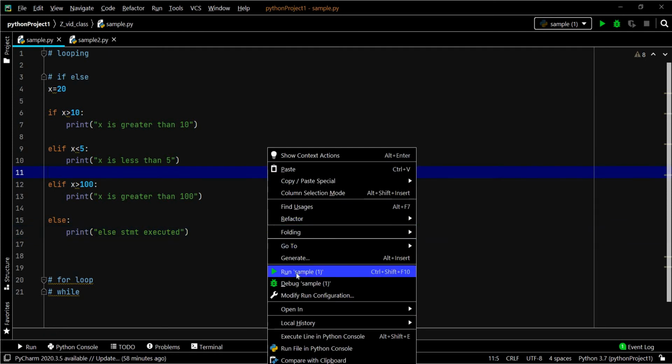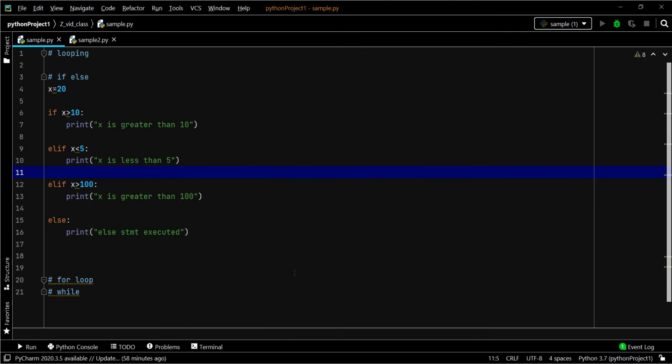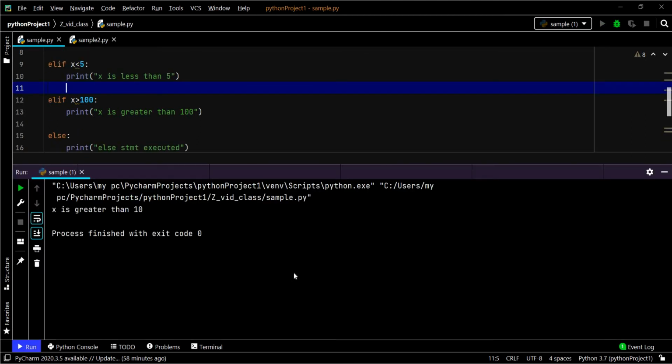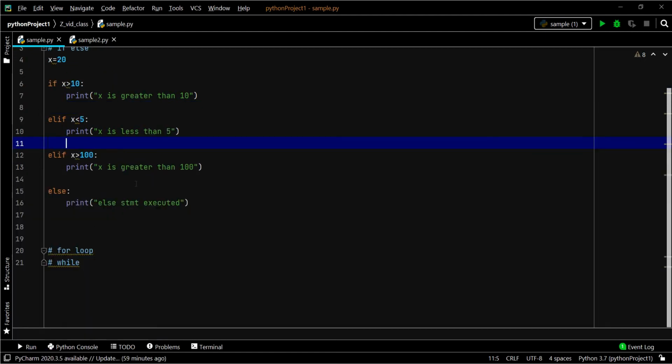Let's see the output here. x is greater than 10, which is the first if statement. So here the condition is true, so it's executing this block of statements. If this is false, then it will go on to here.